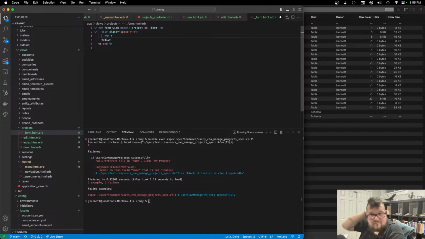Although I've thought about doing a pull request to figure out if there's a way to change the space-y to ignore hidden inputs as well, because it already ignores non-visible items. So just something to consider. Okay, so